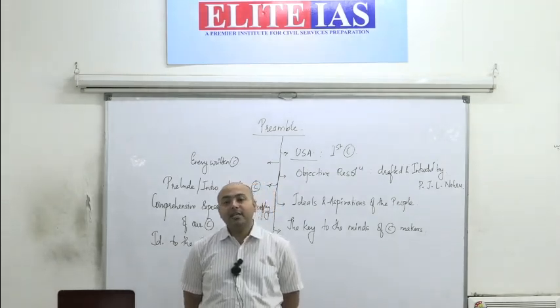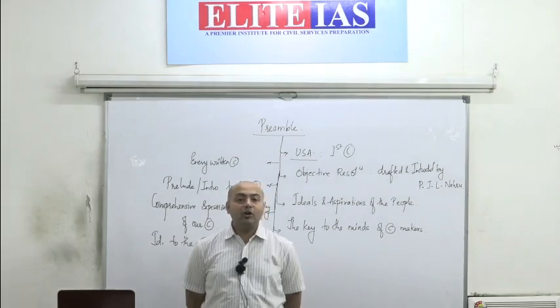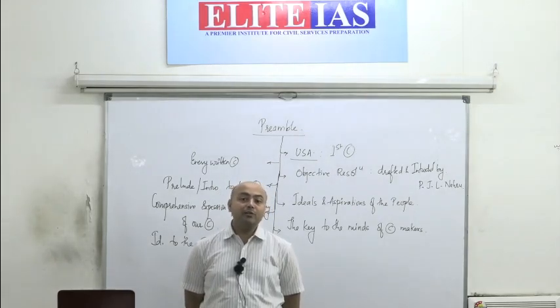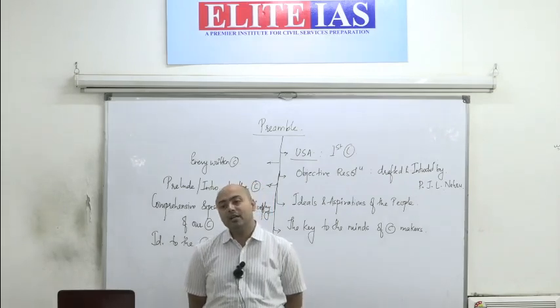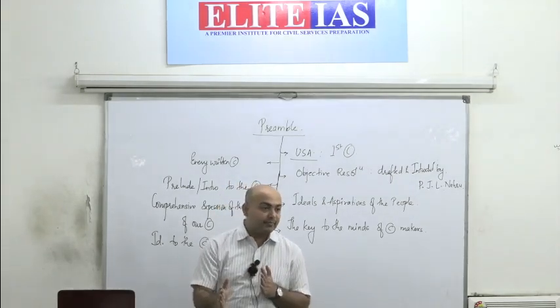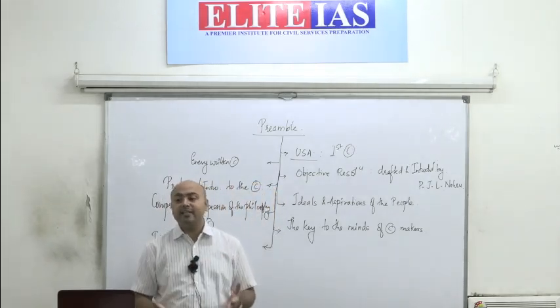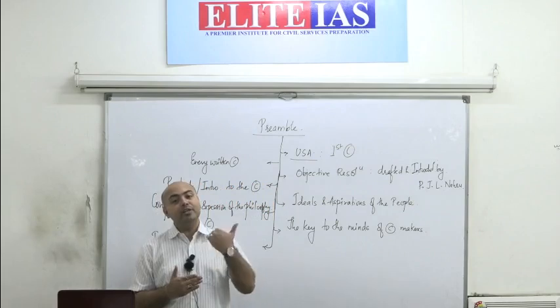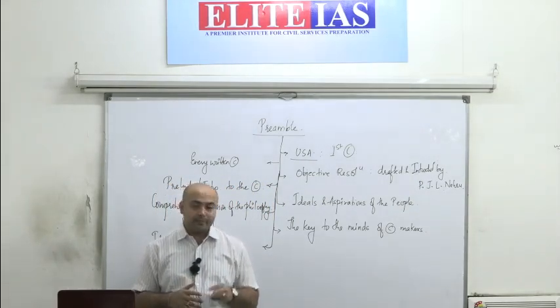In that case, the preamble would not override those provisions that are mentioned in the constitution. Generally that is not the case, but if there is an inconsistency, the preamble will not override the other provisions of the constitution. Third,